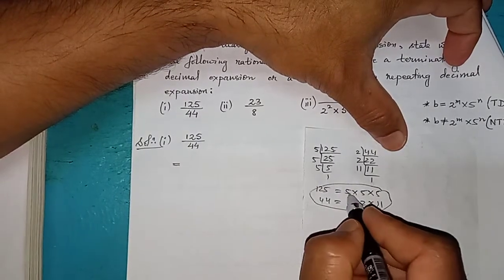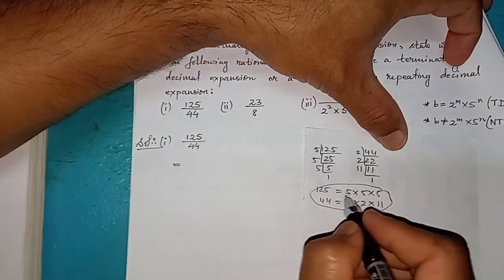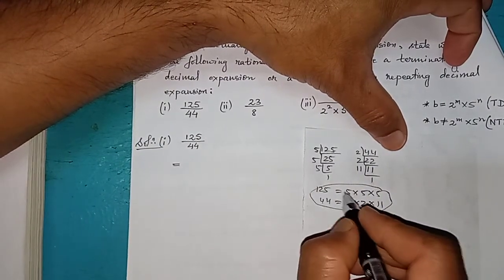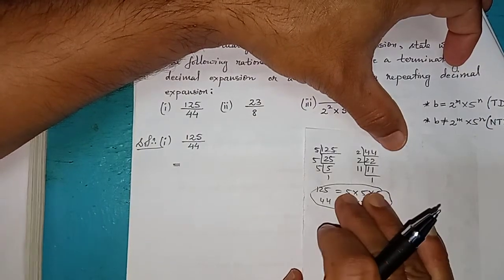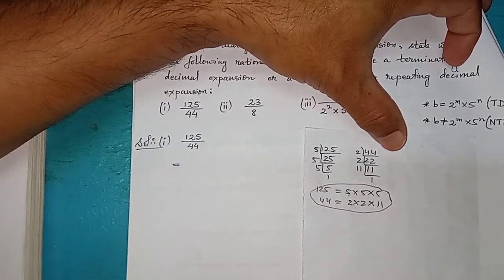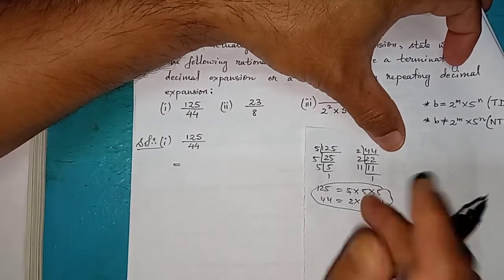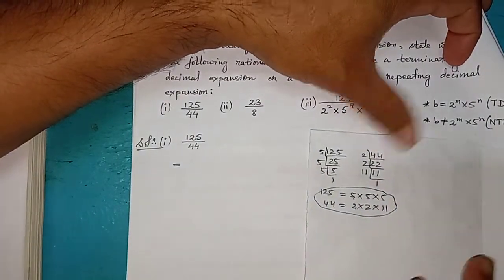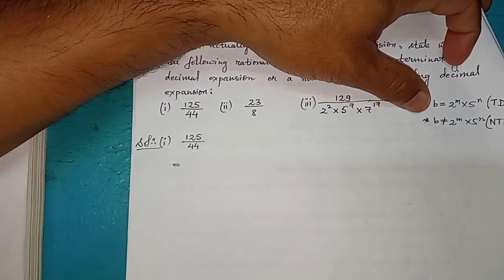Suppose there's a 5 here, and in 44 also a 5 is coming. That means we can cancel by 5. If there's a 2 in the upper number and a 2 in the lower number, then you can cancel by 2. Or if 2 into 2 appears in both, you cancel by 4. The common prime factors, if they are there, by that table you can cancel up and down. So here we confirm that we cannot cancel anymore,